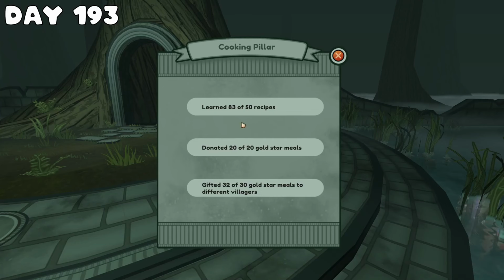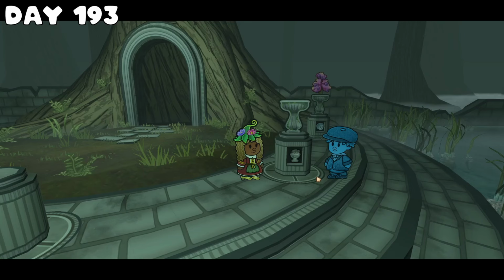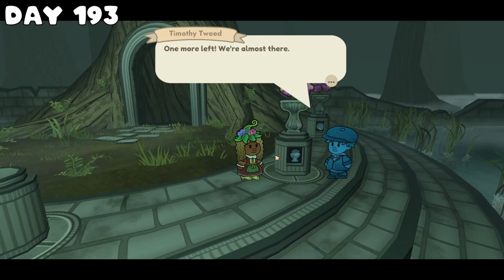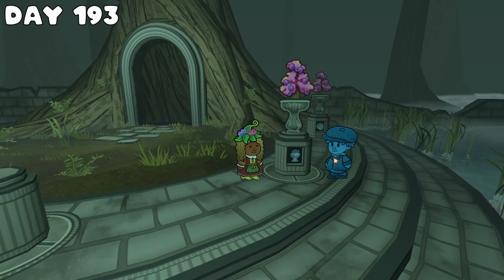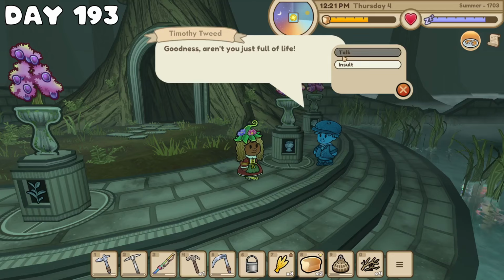By the time I made it to the pillar, I had exceeded the goal by 2, having gifted 32 gold star meals. If you told me 30 days before that I would finish this before the 200 days, I would have not believed it. I now only had one pillar left, the fishing one, because of that lobster, and I'm